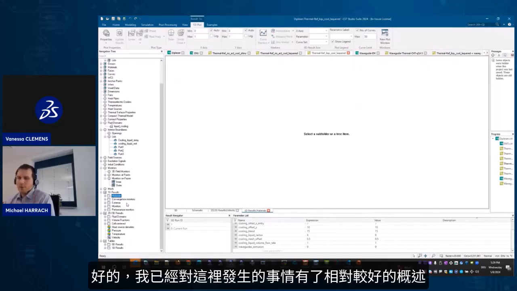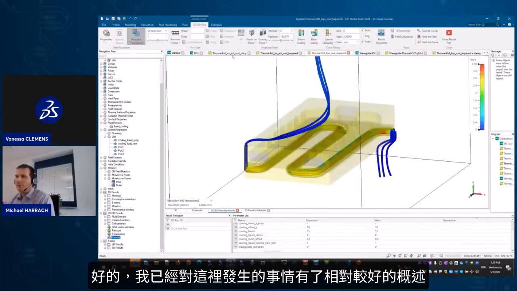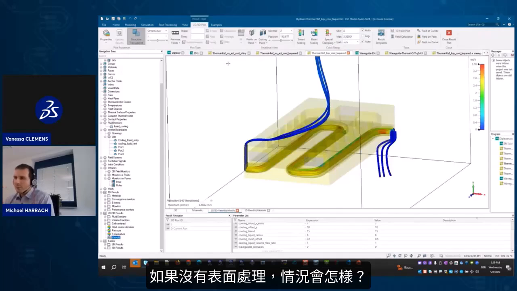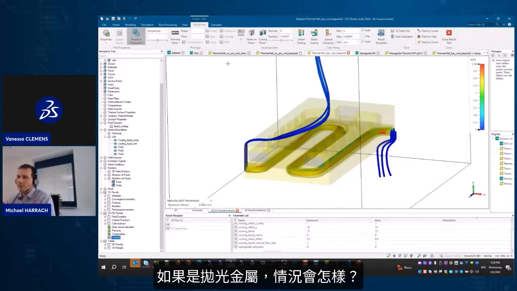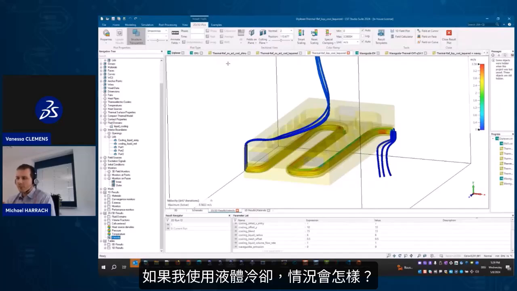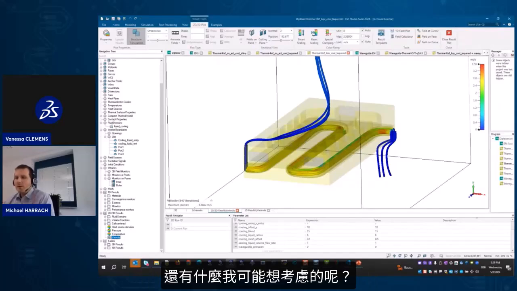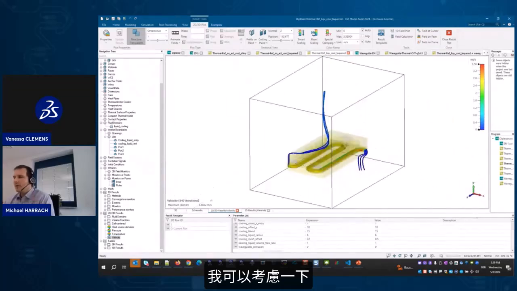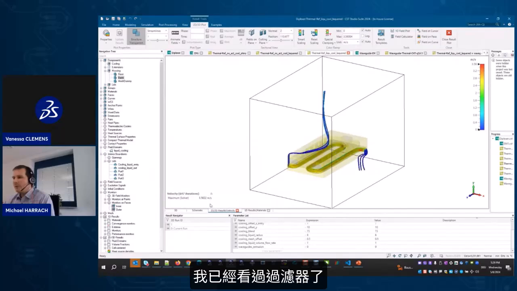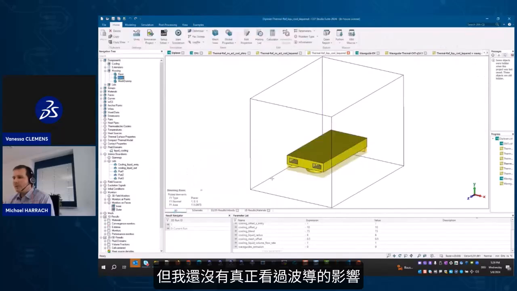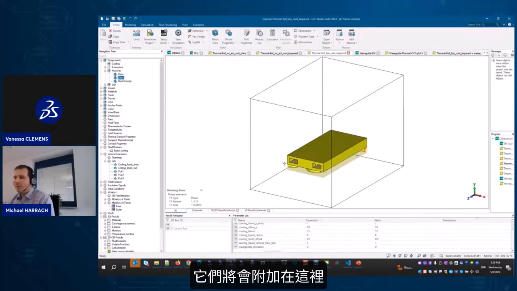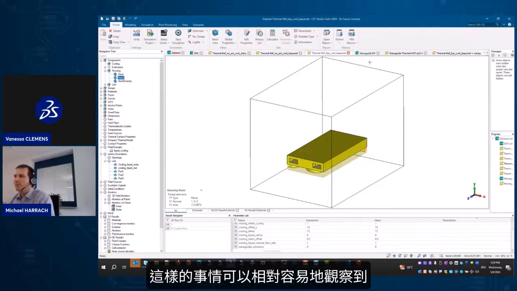All right. So I already have a relatively good overview what happens here, what happens with no surface treatment, if it's polished metal, what happens if I have a surface treatment, what happens if I put in liquid cooling. What else might I like to consider maybe? Well, I could think about, okay, I have looked at the filters so far, but I haven't really looked at, well, what influence do the waveguides have that will be attached here? And what would the temperature of a waveguide on its own be? Something like that can be relatively easily